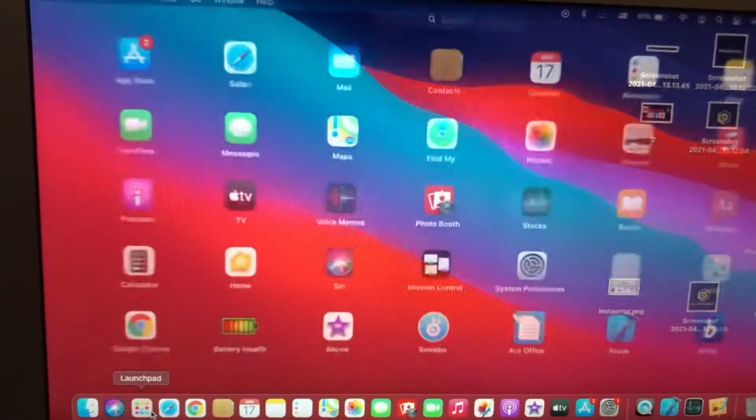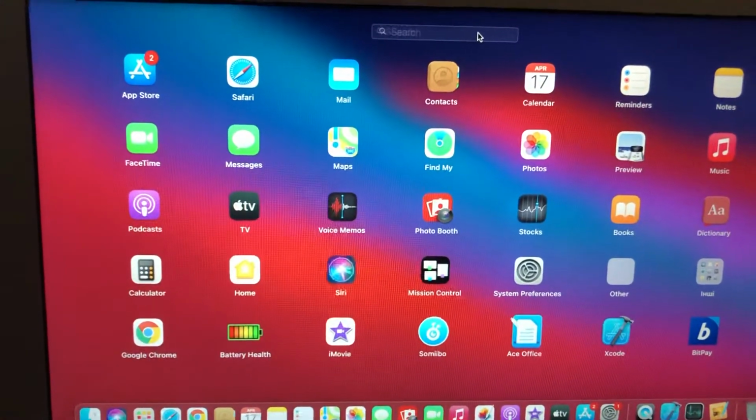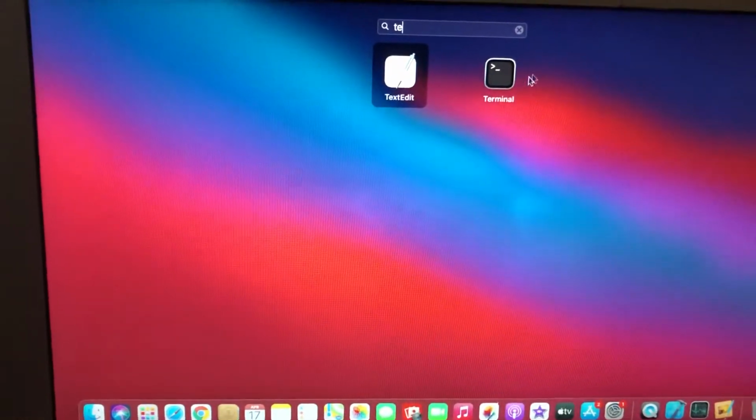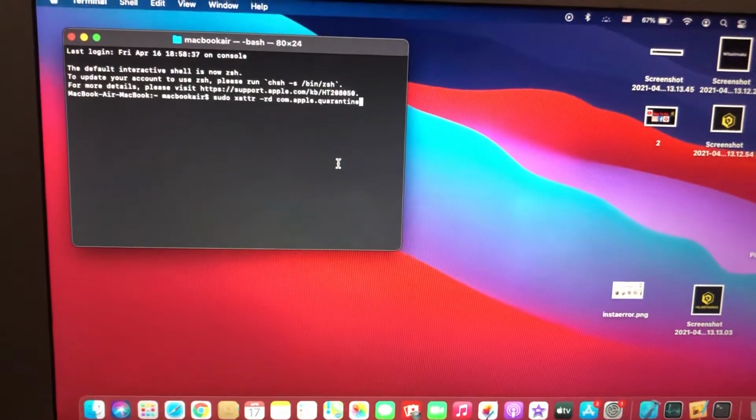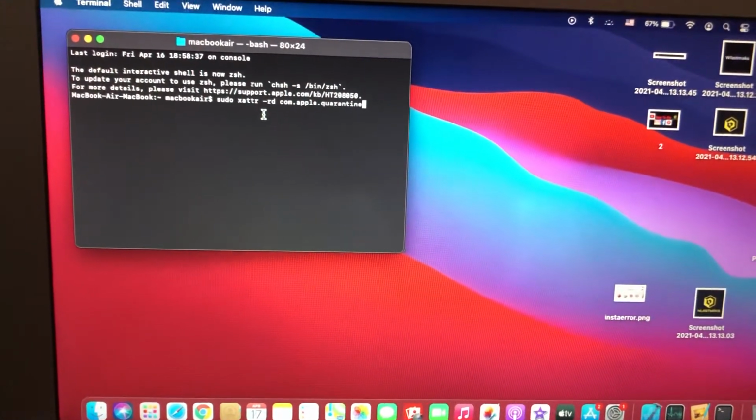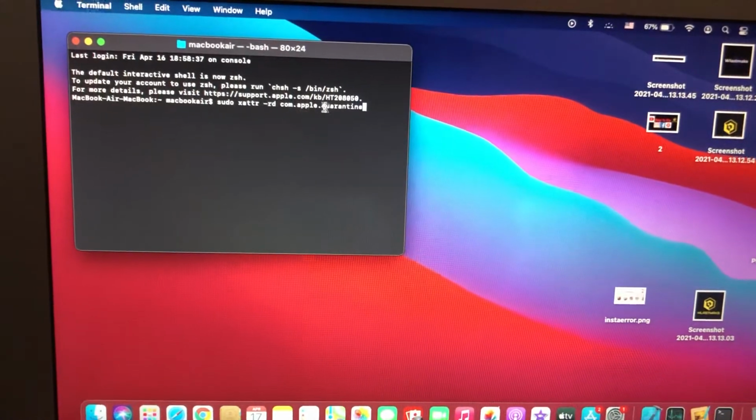So for fixing it, just go to Launchpad and write terminal. Now you will see Terminal, just tap on it. Now you just need to write this command, so you can see it. Just write this command,